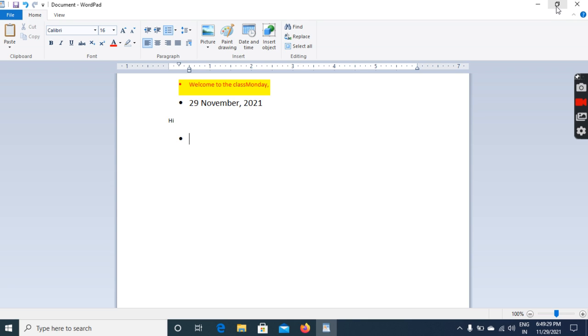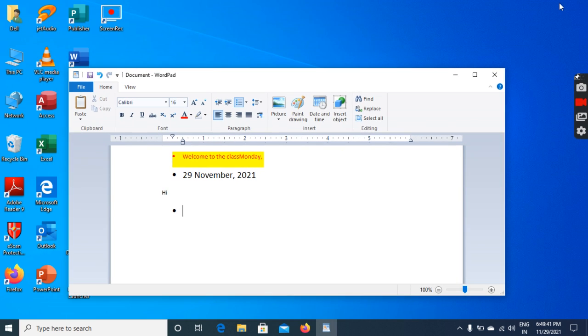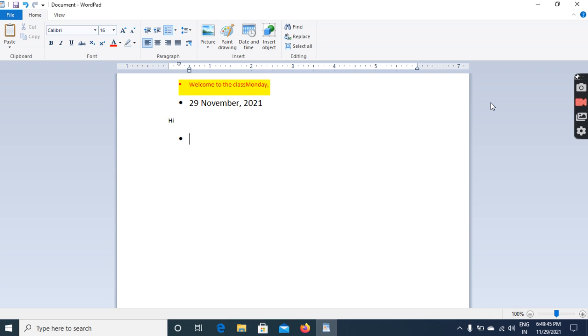When you maximize the window, the maximize button is replaced by the restore button, and there are two squares located at the right hand side of the bar. Now this is restore. When you click it again, it becomes maximize. This is how it works. Then the last one is the close button. The close button is to close your document. It has a cross symbol and is called the close button.